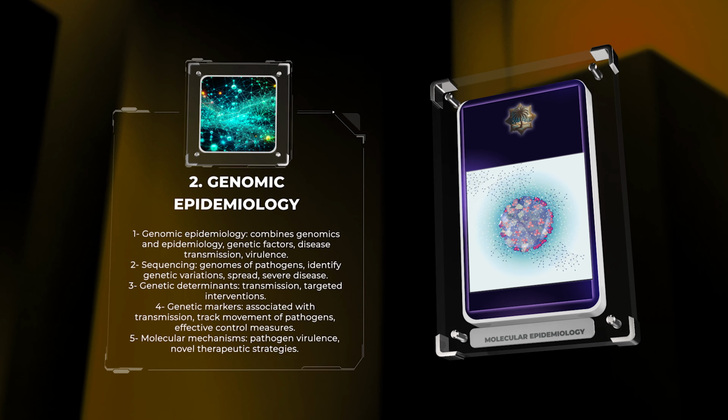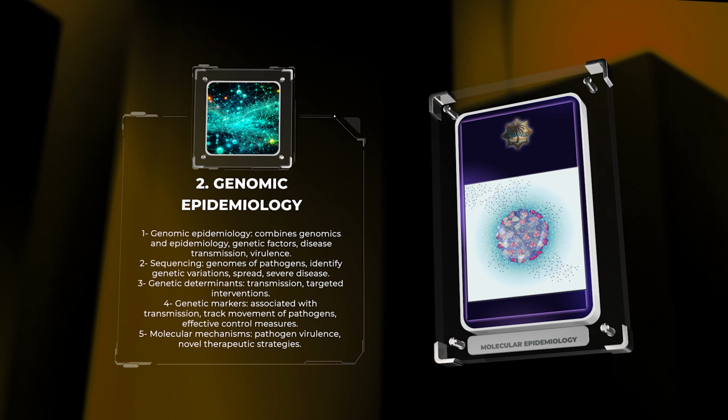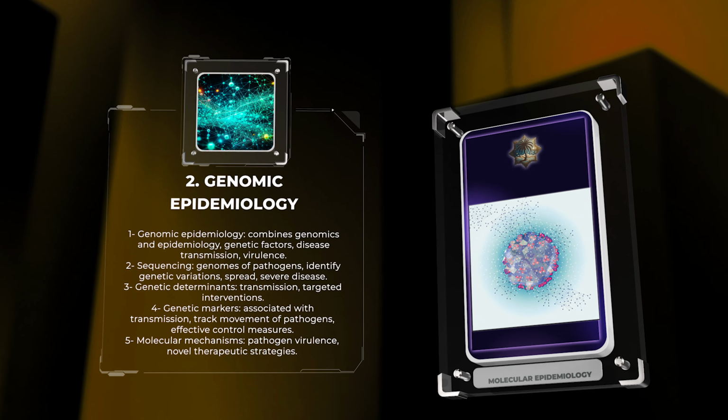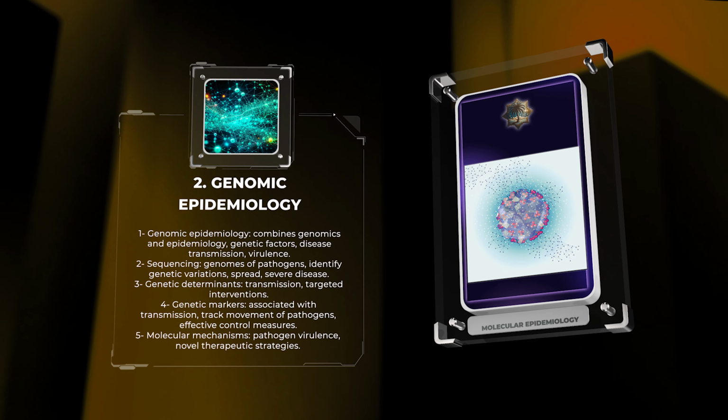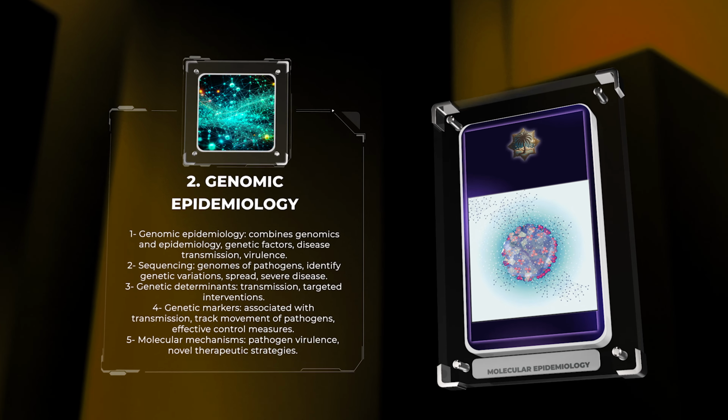By identifying specific genetic markers associated with transmission, scientists can track the movement of pathogens and implement effective control measures. Additionally, genomic epidemiology can shed light on the molecular mechanisms underlying pathogen virulence and guide the development of novel therapeutic